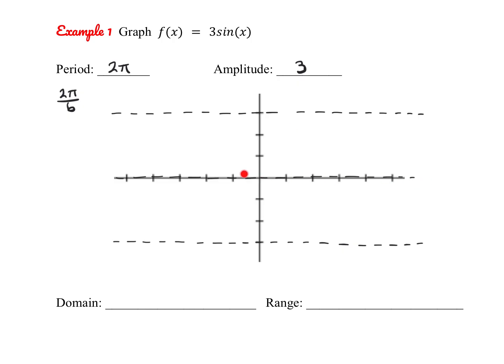Now I do need to scale my x-axis. To do that, I'm going to take my period and divide it by 4. So if I do 2 pi divided by 4, the best way to scale my x-axis is by pi over 2. So this is pi over 2, pi, 3 pi over 2, 2 pi. But really you just need to label 1 so I know what your scale is. I'm going to leave the y-axis alone because I am counting by ones. Okay, so now we're ready to start